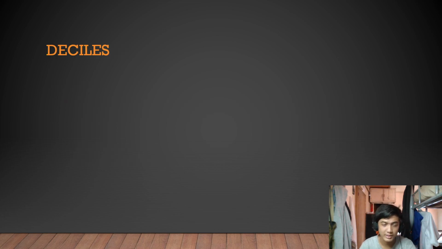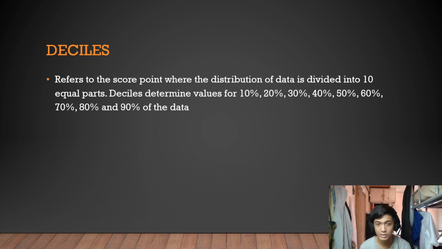Now, for the decile, this is in a similar vein as the first one. Instead of dividing it into four equal parts, the entire group of data is divided into 10 equal parts. So this refers to the score point where the distribution of data is divided into 10 equal parts. The deciles determine values for 10% to 90% of the data: 10, 20, 30, 40, 50